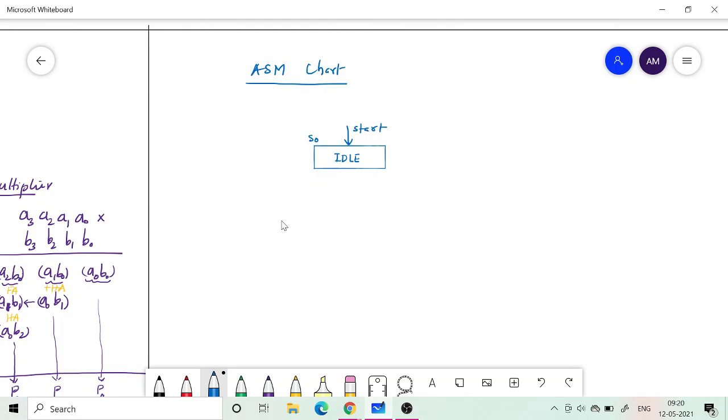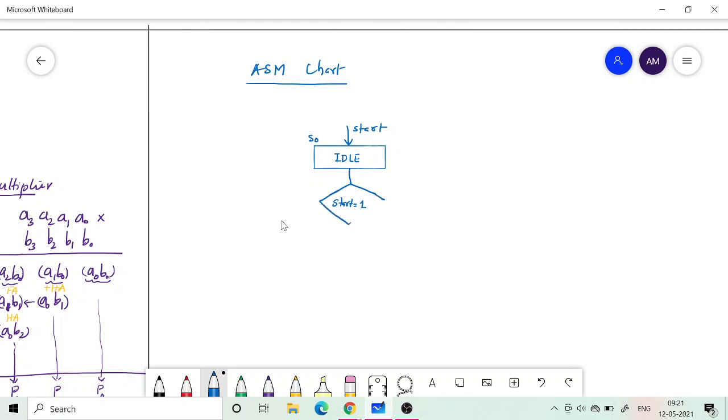Once the start signal arrives, which is an external input that was not there in the first design that I told you, since we need to take an action based on the external input, we will check whether start is equal to 1 or not.